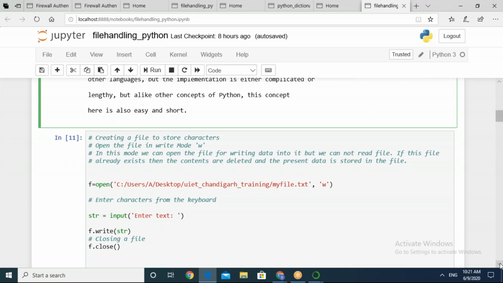Or you can have A plus mode to append and read data of a file. So the file pointer will be placed at the end of the file, if the file exists, right? So the first requirement in A plus mode is if the file exists, it will take you to the end of the file. And if the file doesn't exist, it creates a new file for reading and writing. So this A plus gives you two privileges: you can read your data and you can append at the end. So append is mostly done at the end of the file.